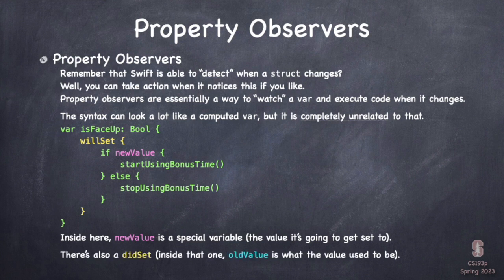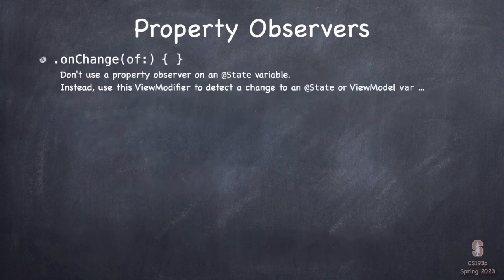And there's another one in addition to willSet called didSet, and that gets called right after isFaceUp gets changed. And in that one, the magic variable in there is oldValue. That's the old value. Okay, it just got set to a new value. So that's property observing. It's really kind of cool and powerful and great for doing things exactly like this. We're going to use it a couple of times this week in animation. It's especially valuable to use in your model, I find. Less valuable in your Vue. Why is that? Well, let's talk a little bit about what's going on inside of your Vue and Vue model.